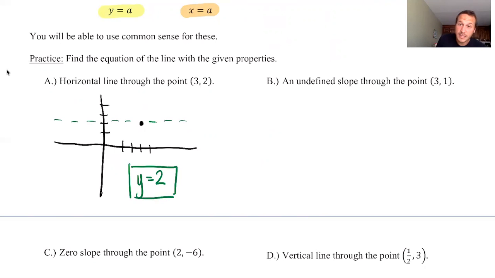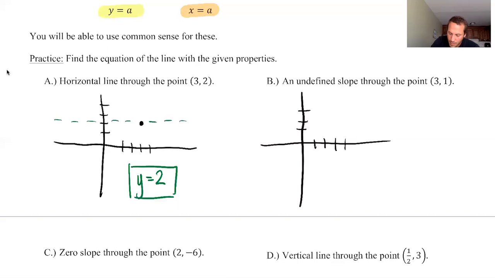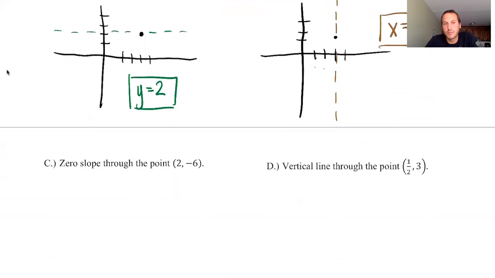An undefined slope. So what did we talk about undefined lines were? Okay, undefined lines are those ones that go up and down. So I want to be undefined and I want to go through the point 3, 1. Here's the point 3, 1. If I'm going to be undefined, I want to make sure that I'm a vertical line. What type of lines are vertical lines that we talked about? Those are x equals some number. Well, x equals what? 1, 2, 3. There's my answer. So like I said, a lot of these can be done with just some common sense here,